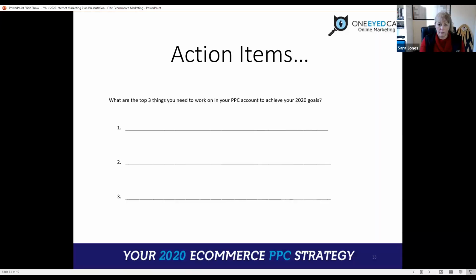Before we finish, based on what I've gone through in the last hour or so, think about the top 3 things that you need to work on, update, change or even build in your ad account in order to get to where you want to be for those 2020 goals. Is it sorting out your shopping campaigns? Is it optimizing your feed? Is it testing out some BSA campaigns? Just take 5 minutes and write down those 3 things that you think are going to make the most difference to you to get started, and then get started and start making headway